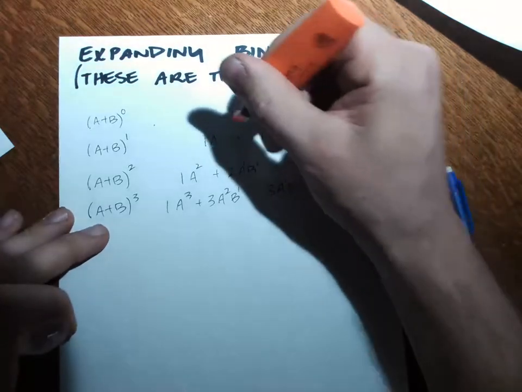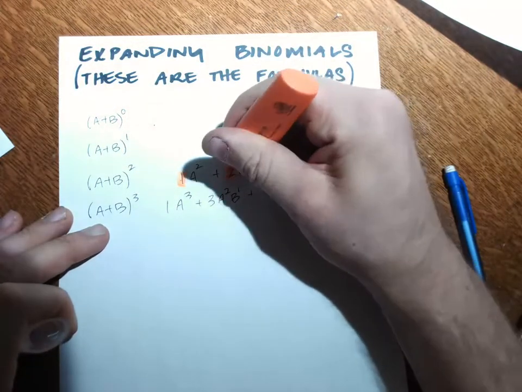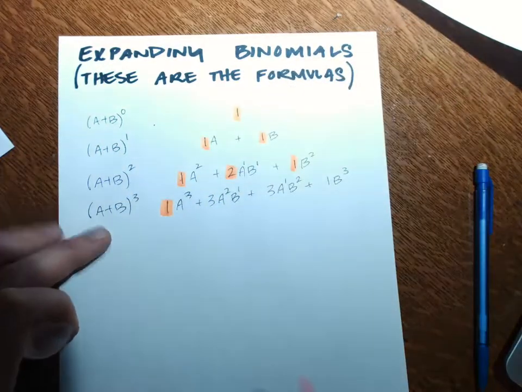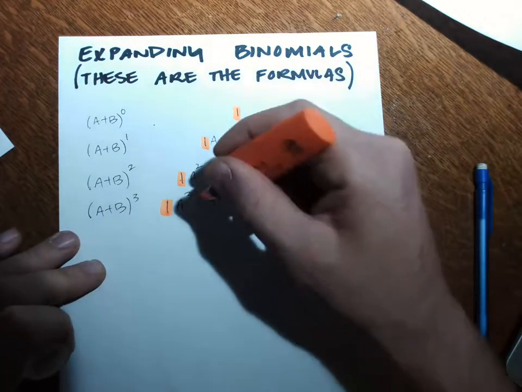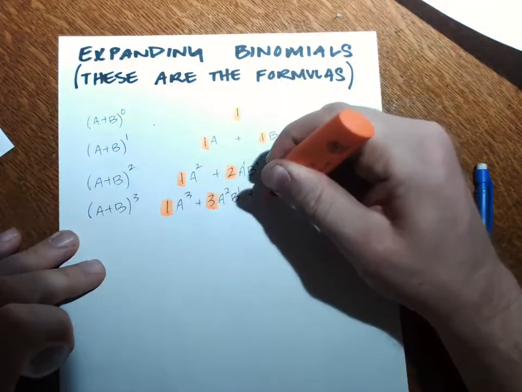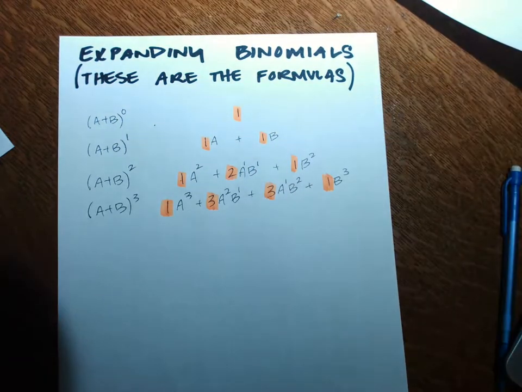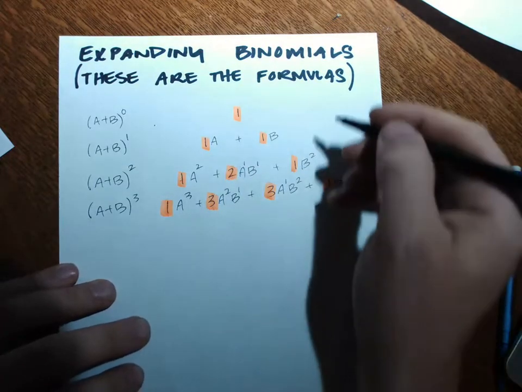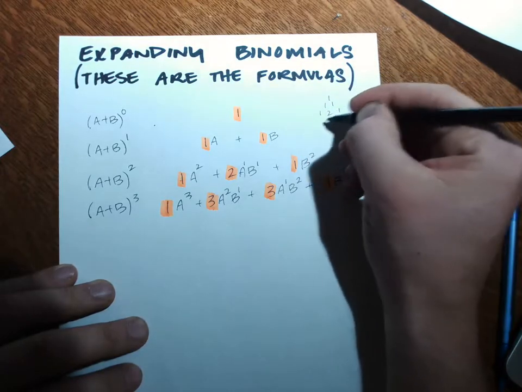There's a pattern for these coefficients. So these numbers in front, those are called coefficients. And these specific ones are called binomial coefficients because that's what's happening here. We have a binomial. A and B are the two nomials or the two numbers. And these values are predictable. So you have a pattern for the orange numbers. And if you were to ignore everything else and just talk about the pattern, 1, 1, 1, 1, 2, 1,